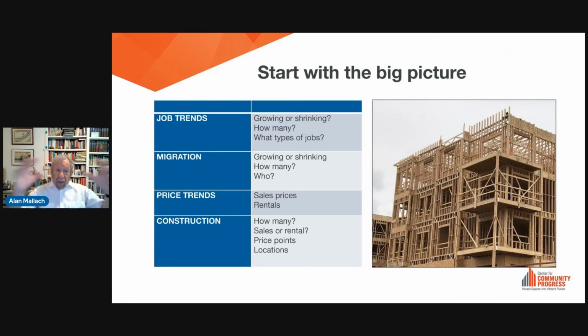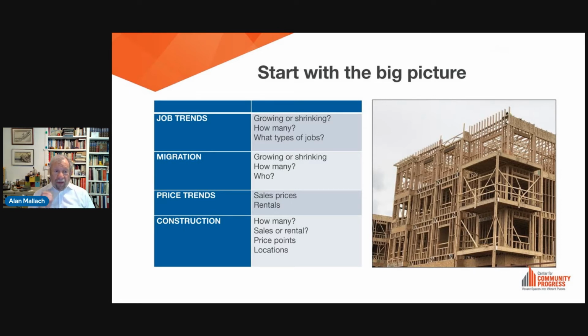Now, the fact that a region may be growing doesn't tell you that a particular neighborhood is or is not growing. But the fact that a region is growing means that if you can start an effective strategy in that neighborhood to build the market and attract potential home buyers, there is a pool of potential home buyers that is moving into the area that you might be able to tap. If the region is actually losing people, if more people are leaving than coming in, then you're going to have a much harder time of it to develop an effective strategy to build the market in your neighborhood. So it's important to have the big picture.